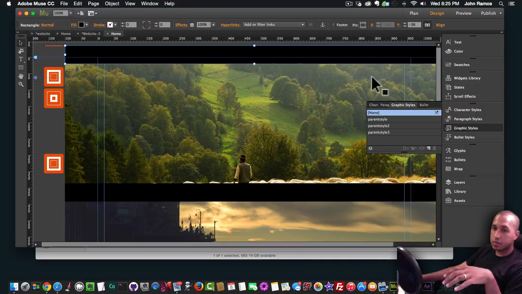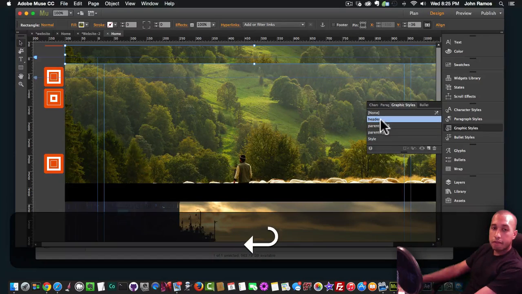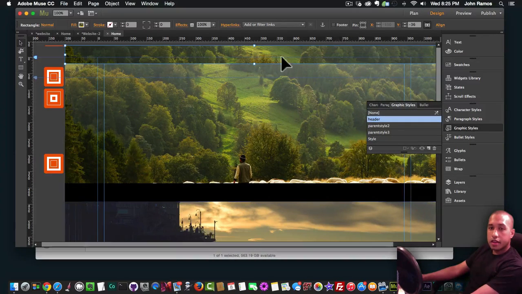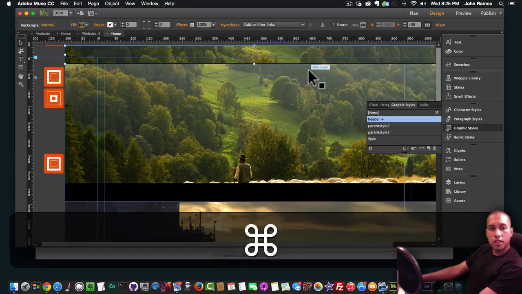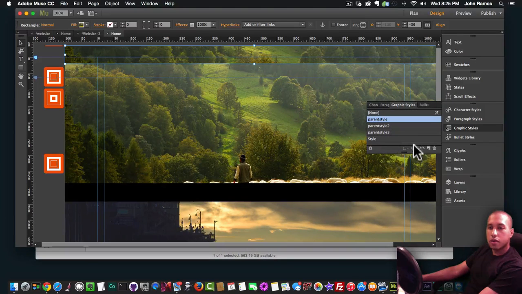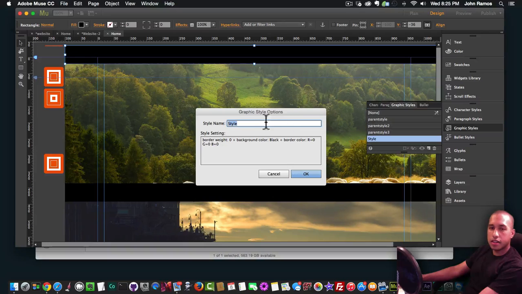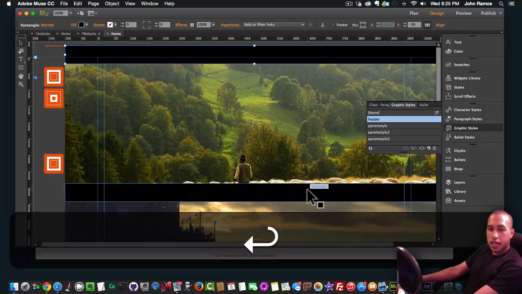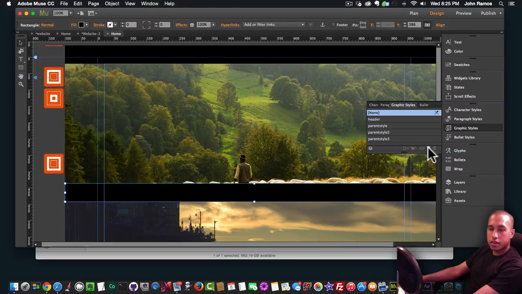So I click on this first bar, I go to graphic style, click on the piece of paper, and call it header. And let's change it back to black because it actually got the, wait, let me see. Let's try that again. Oh, I know what I did. Okay, never mind. So let's go to style here. I kind of clicked on the wrong part. So I'll call this header,